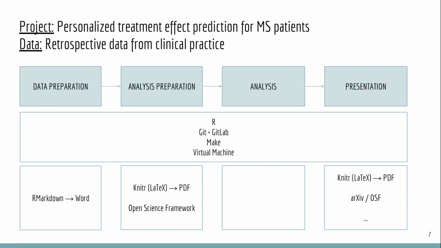In the analysis preparation part, I write an analysis protocol, which I will use knitr for. So knitr is a combination of R and LaTeX. And then I produce a PDF with the analysis protocol. So this defines how I will do the analysis and what models I will use, what data I will use. And then I can put this on the Open Science Framework so that later people can go back and see if I actually did what I planned on doing, and that I can show this was a planned analysis,